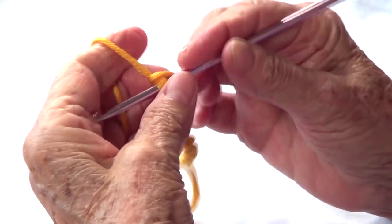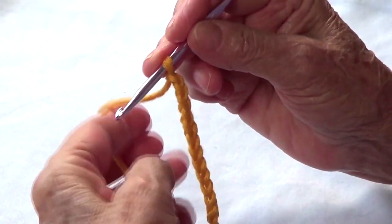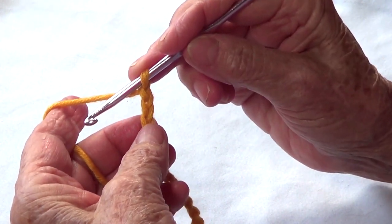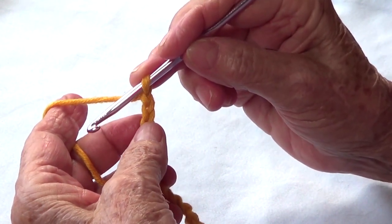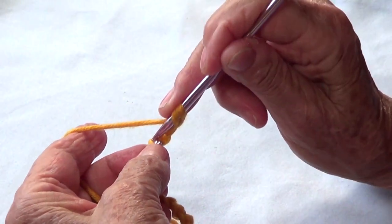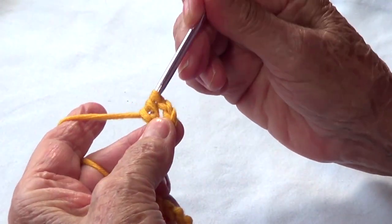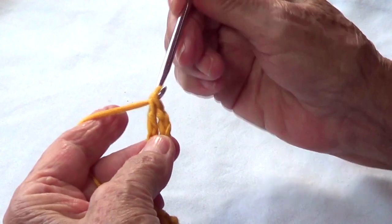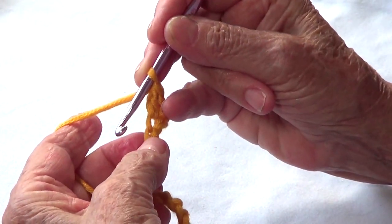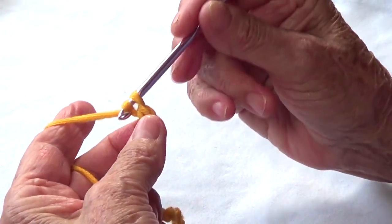So I made 24 chains, which is a multiple of 10 plus 4. And now I'm on the 4th chain from the hook, that's 1, 2, 3, 4. I am going to double crochet. So that means I have these 3 chains count as 1 double crochet, and I made another one on the same spot. So now I am going to chain 1